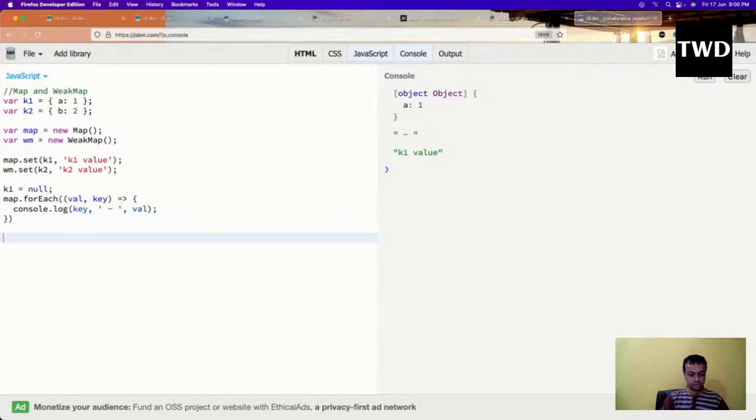Okay. Now I'll have a k2 equal to null, and then